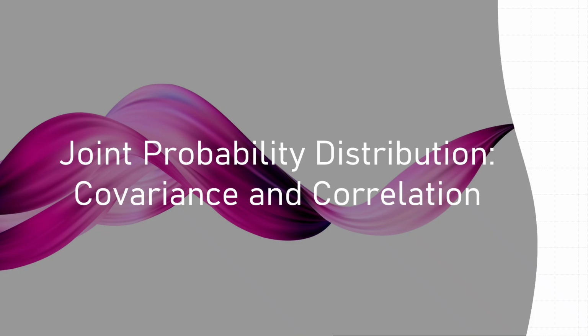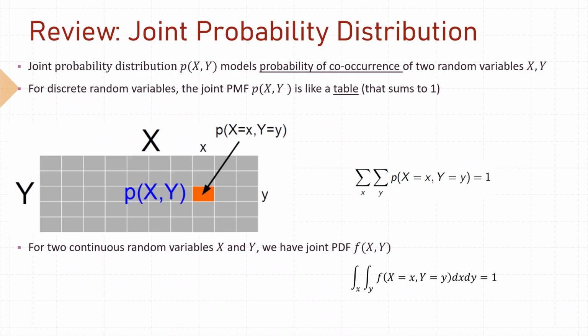Here, we will talk about covariance and correlation. The joint probability distribution describes the likelihood or probability of two random variables, x and y, occurring together or coexisting at the same time. In other words, it gives the probability that x takes a specific value and y takes another specific value simultaneously. For example, if you roll two dice, one representing x, the outcome of the first die,